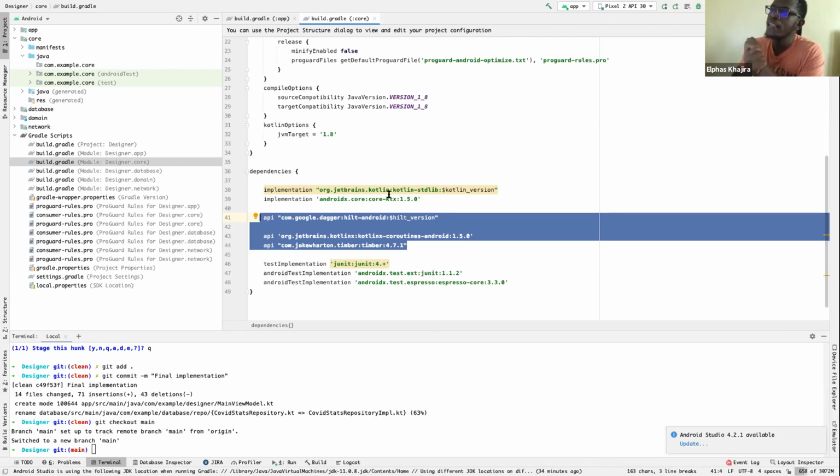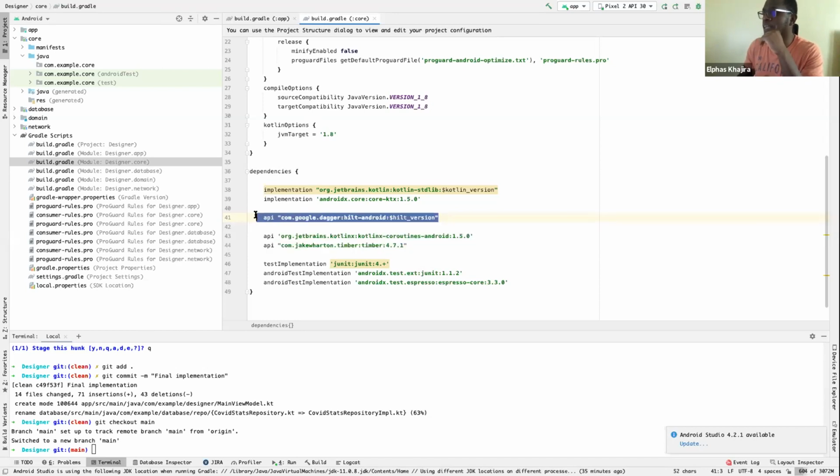Now, when I declare a dependency as an implementation versus an API, ideally with implementation, any module that implements this module cannot access my implementation dependencies, they can just access what I have, but not my implementation dependencies. But if I declare my core module implementation dependencies as APIs, that means that if I implement, say I go to,